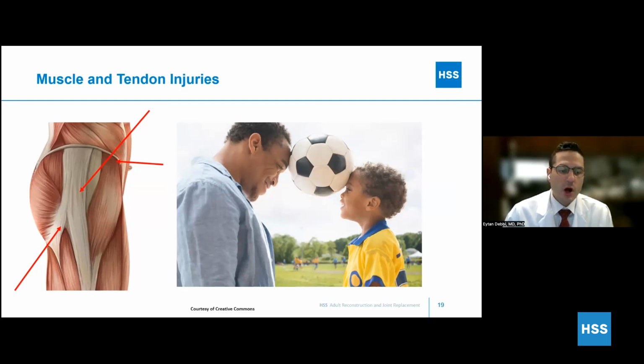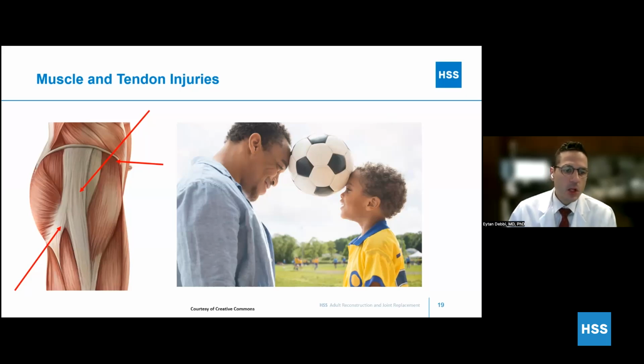The title of the talk is pain in the weekend warrior. Muscle and tendon injuries are one of the most common issues we see in what we call weekend warriors, which means that you're highly active on the weekend or on your off time. So what I always encourage people to do, and this is not just patients, this is anybody, and actually I have to remind myself, is really important to warm up, do your stretching exercises,